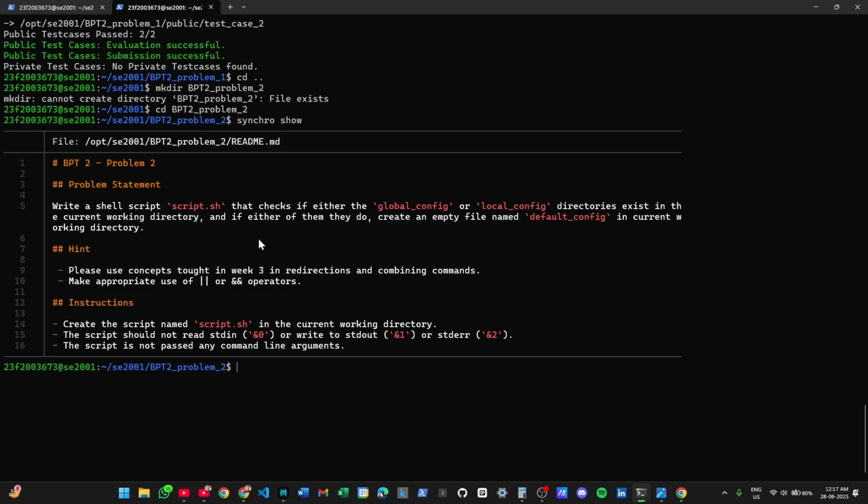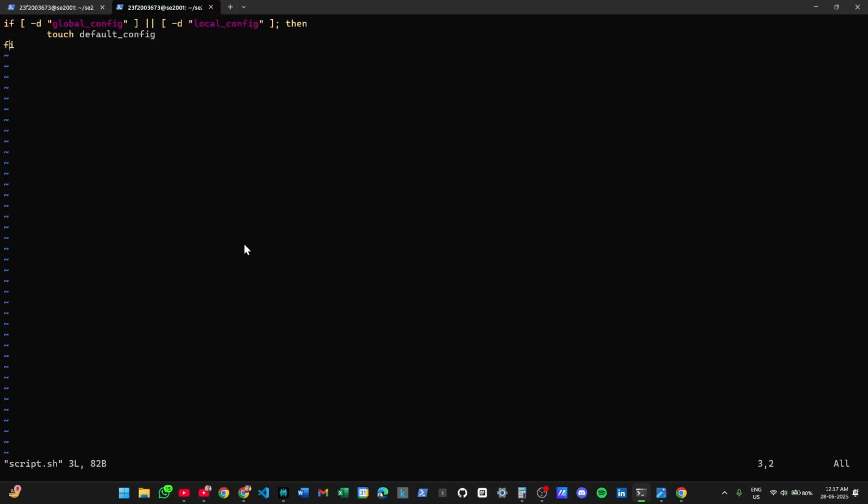So simple question, right? So we will use this minus d command. We will use an if condition also here. So again make a vi script.sh, make it like this. Again press I on the keyboard. I again move the cursor and type also. So this is the solution code. See, if